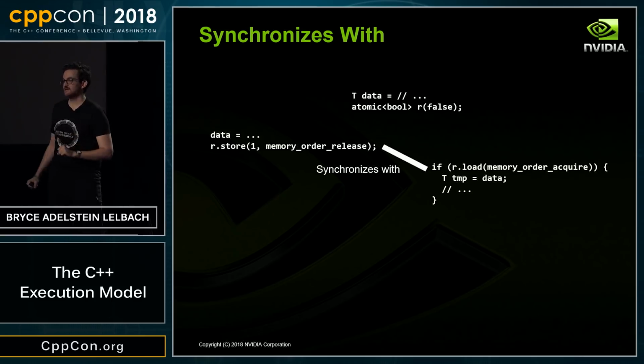But the answer was that the example I was using had memory order relaxed for the store and the load, and that doesn't give me a synchronizes-with relation. I had some assignment to some data, then a relaxed store to some guard variable, and then in some if statement a relaxed load of that guard variable, and I assumed that if I saw the guard variable marked as ready, then I knew the data was ready. You only get that with acquire-release semantics. You don't get that with relaxed.